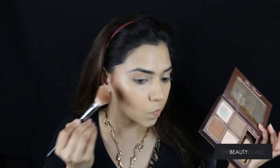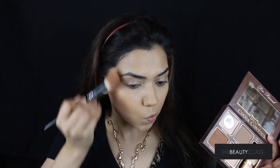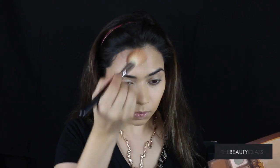And next, I'm going to go and contour my cheekbones by mixing the two shades from the Cocoa Contour kit from Too Faced. And I'm using an angled contour brush from Sigma. And I'm going to go ahead and contour my cheekbones, my temples, and my jawline. Again, we're just trying to set everything that we've done with the cream products. You've seen me do this a million times before, so I'm actually going to just fast forward this